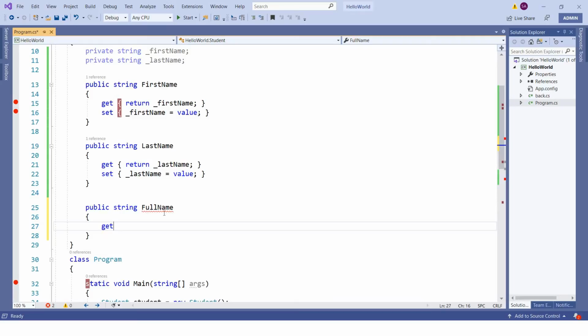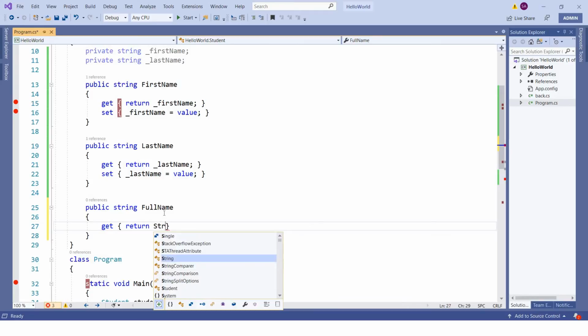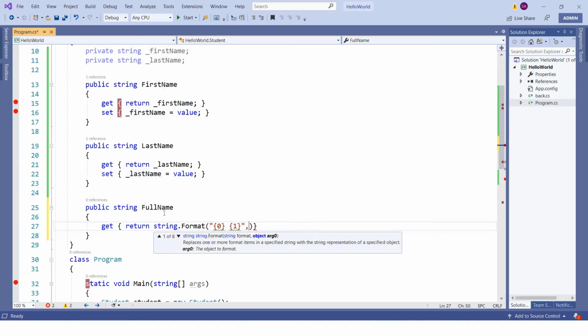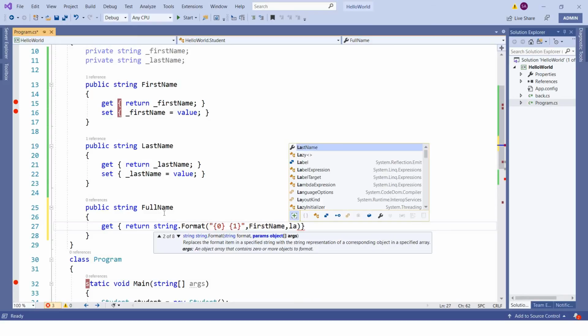Here you will see I have get. You will simply return string dot Format, right? And here you will simply have 0 space 1, and the values that we give are first name and last name. So you can use a property here.